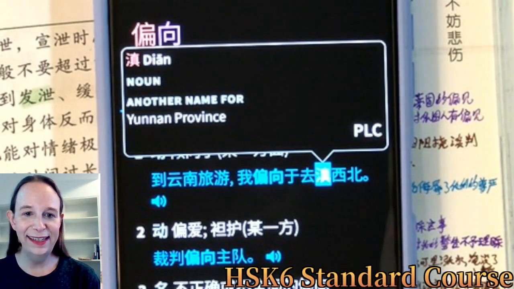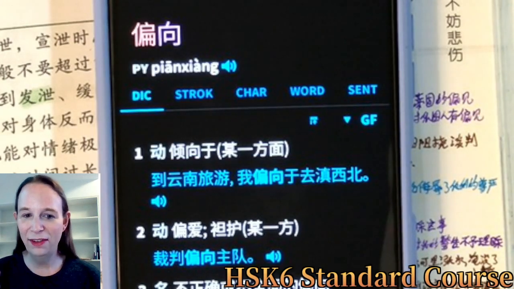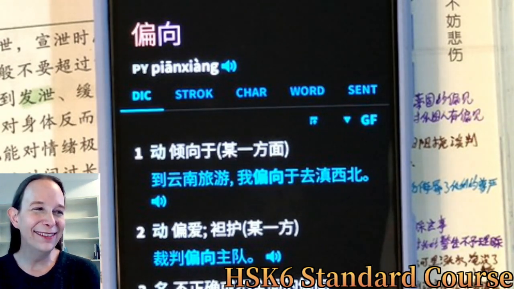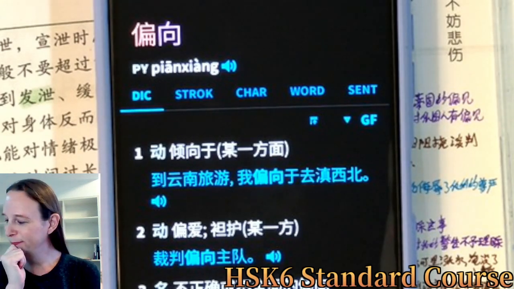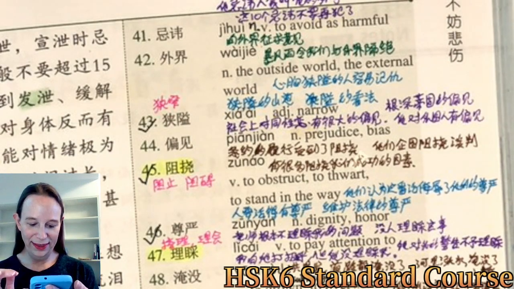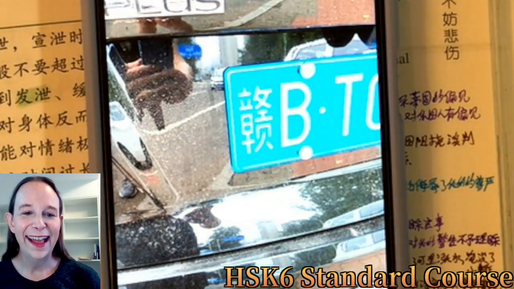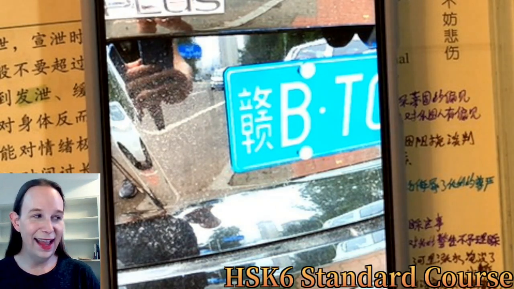What is 清西北? I don't know. No, it's not 清, it is 滇. Okay, that makes more sense now. You could just say Yunnan. Chinese provinces have abbreviations like this one. I walk around and take photos of people's license plates. I'll see if I can show you one of my photos, without showing you everything. Okay, so here's an example. This is Gan. I honestly forget which province is Gan.